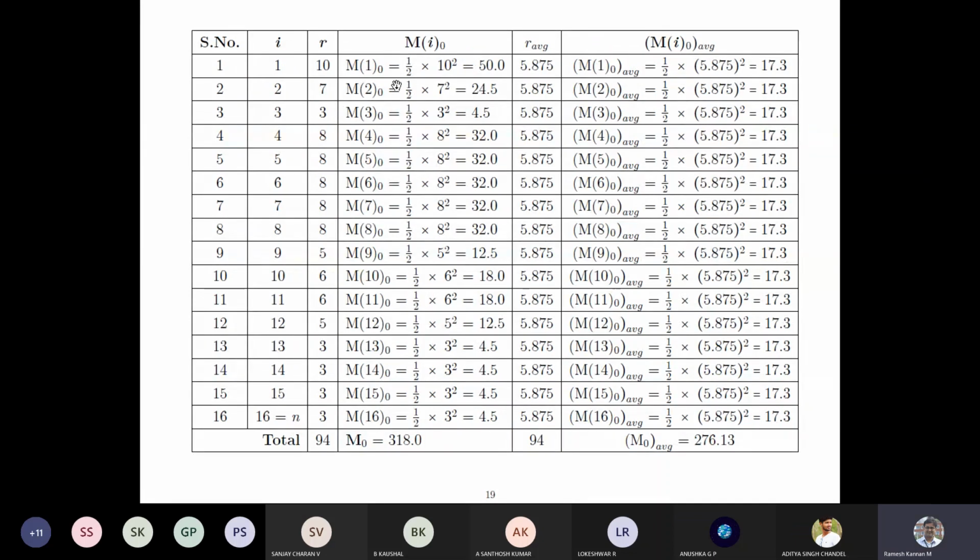And in this case the minimum moment is half into r square, which is nothing but 1 by 2 into 10 square, which is 50, and it goes on till the 16th day, which has 3 resources, and 1 by 2 into 3 square, which is 4.5, which is 9 divided by 2 is 4.5. And the sum of all the moments is 318,